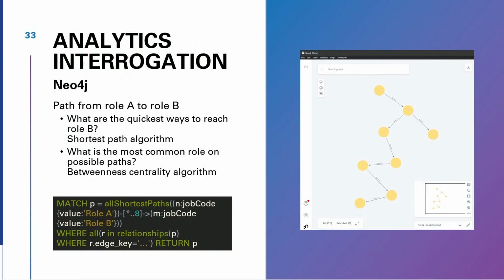Now, for the reporting analytics group, I mentioned that we had Neo4j available. And so we got into a little bit more of the free-form queries that might come up. So an example here is we want to create a career path to get from role A to role B. Okay. There are two ways that we could answer this question. What is the shortest path, right? What is the quickest way someone could get there? And we could present that. And what is the most common point that people have to traverse? So saying that it's really important that you aim for this job if you want to get there eventually.